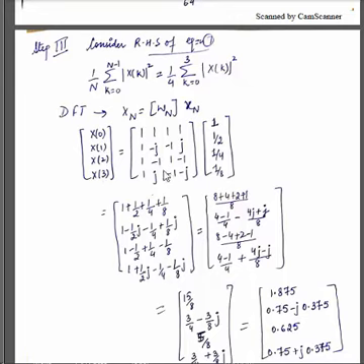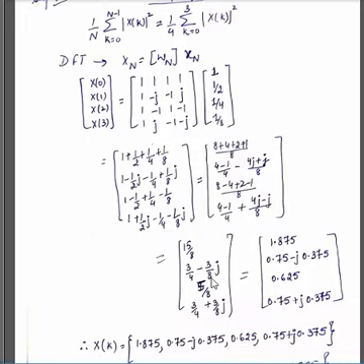That is the value of the twiddle factor already discussed in our previous lectures. That is x of n, the input sequence 1, 1 by 2, 1 by 4, 1 by 8. Now solve this matrix by using element by element multiplication of each row and column. First is 1 into 1, 1 into 1 by 2, 1 into 1 by 4, 1 into 1 by 8. Rest all rows are multiplied with this column. Then it becomes 15 by 8, 3 by 4 minus 3 by 8j, 5 by 8, 3 by 4 plus 3 by 8j, that is equal to 1.875.